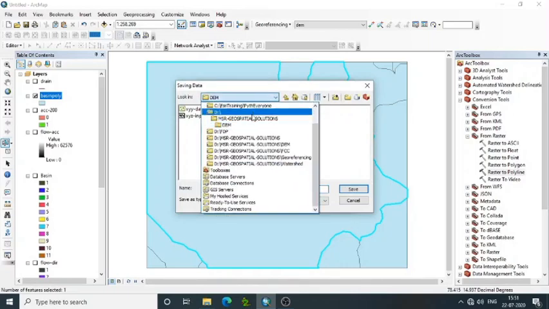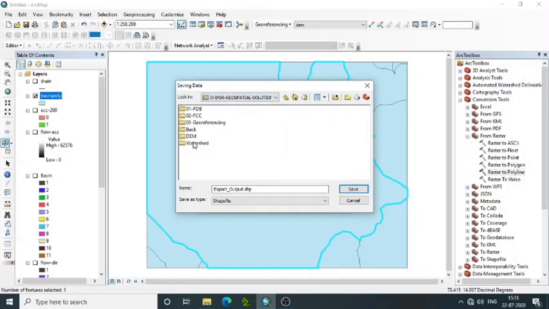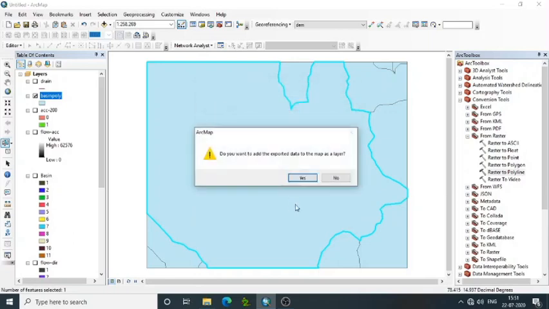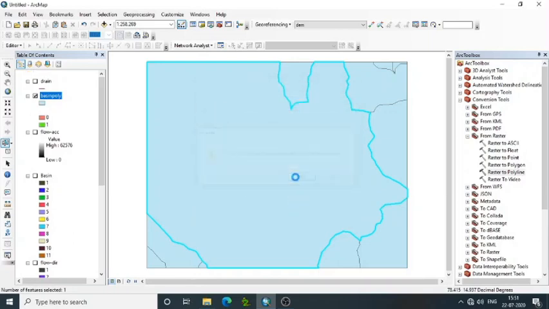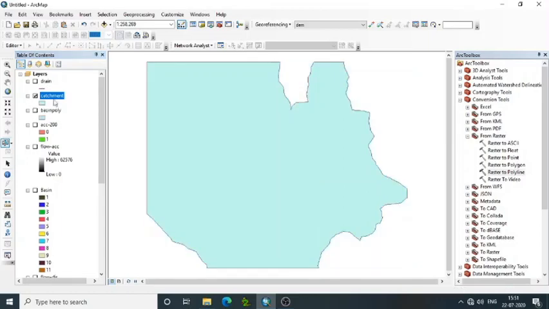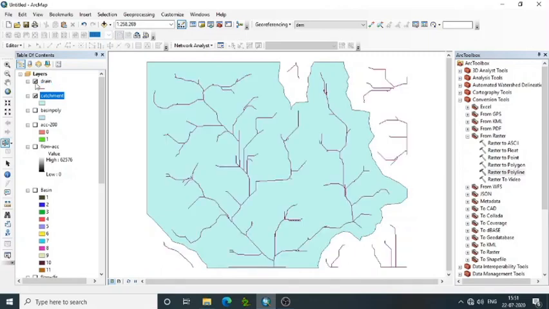Then go to path, then make it as like a catchment. Make it OK. Then give add yes. So it will be your study area. We can switch off the total basin poly. Then switch on the drainage lines. We can also clip the drainage lines which belong to the particular catchment.